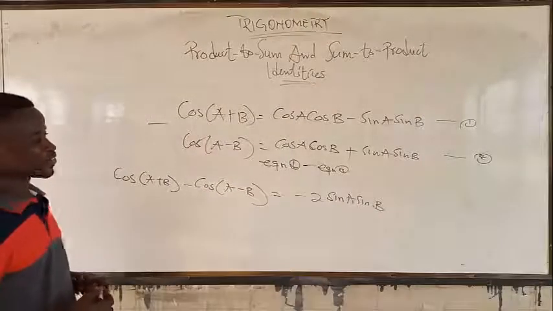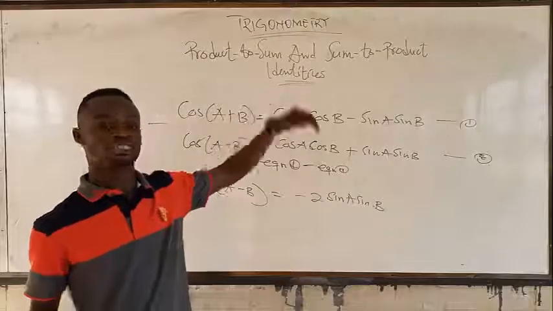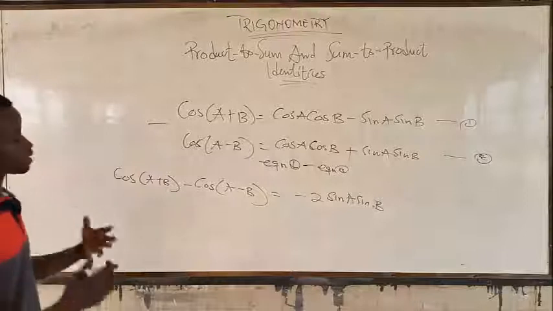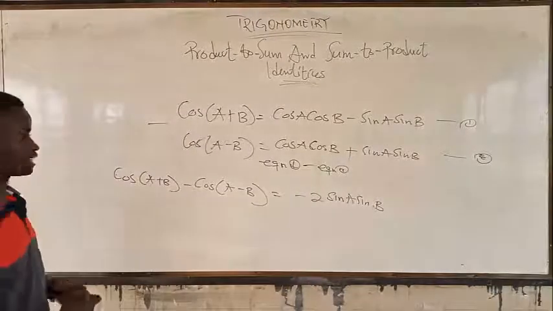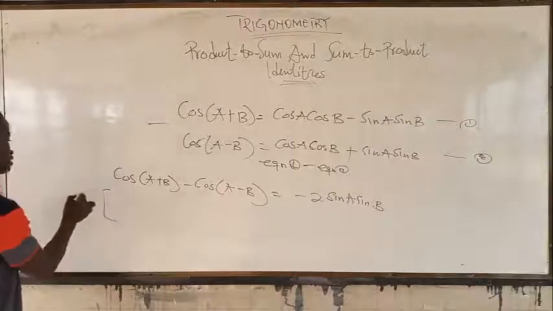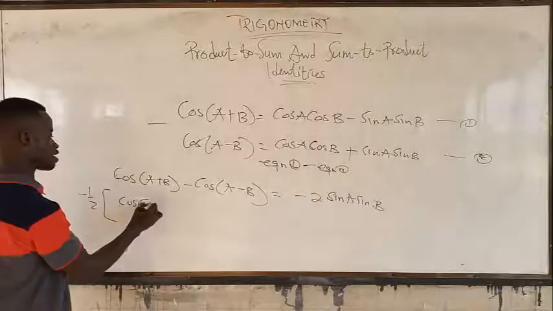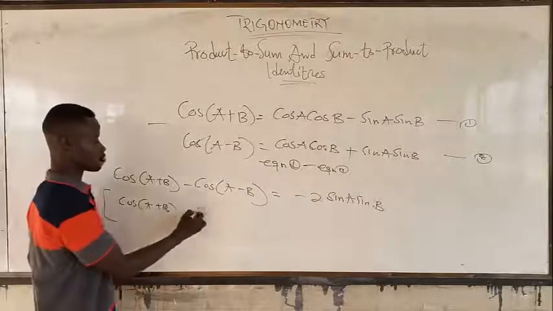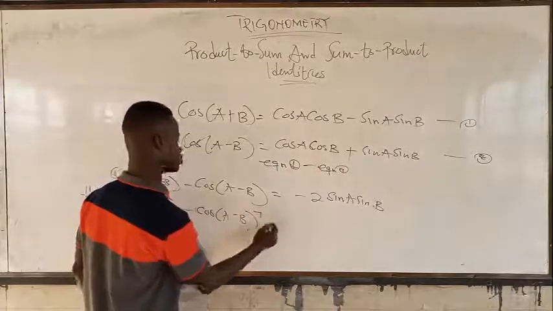So to get the product of sine A and sine B, we multiply through by negative half. And this gives cos A plus B minus cos A minus B